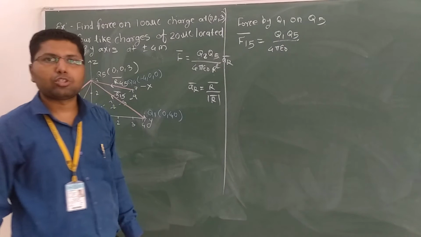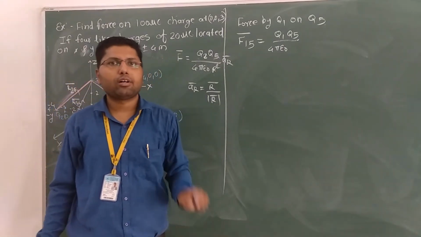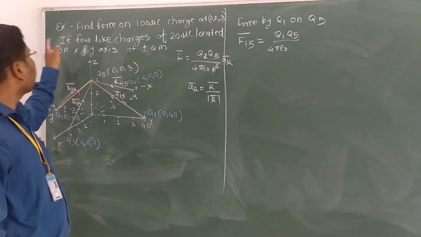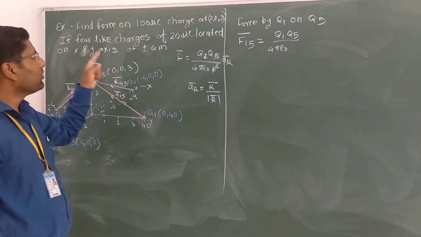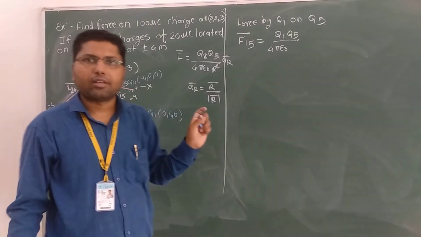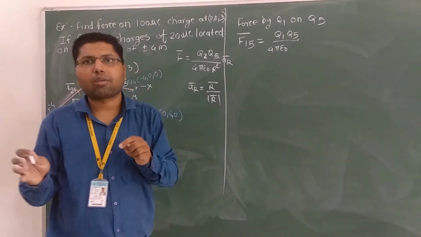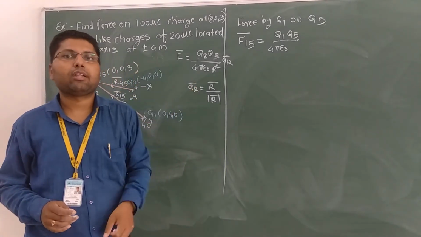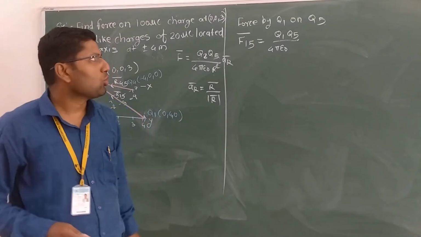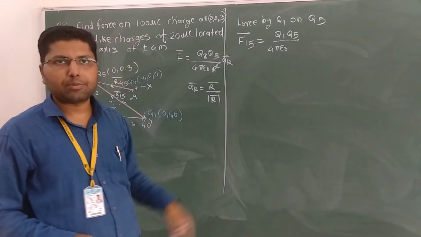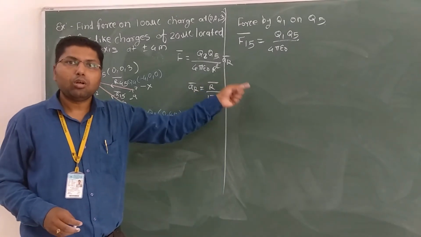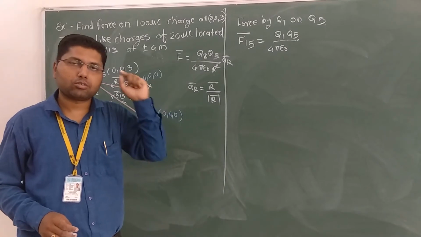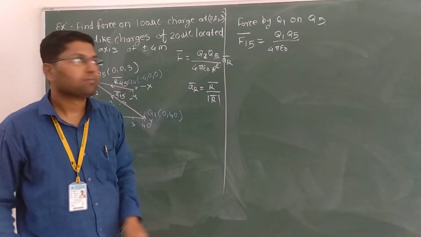Now why epsilon 0? Why am I not taking epsilon? In the last lecture also I told you that when they are not giving any free space, is there any free space word here? No. So they have not mentioned anything. Is it any medium, glass medium, water medium, or any other medium? No, they have not given any medium. So you have to take it as a by default free space, epsilon 0. What is the value of epsilon 0? 10 raised to minus 9 divided by 36 pi. So you have to learn that value by heart because you will require epsilon 0 every time.